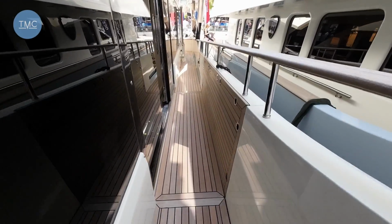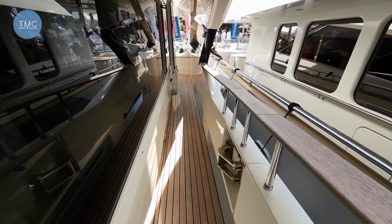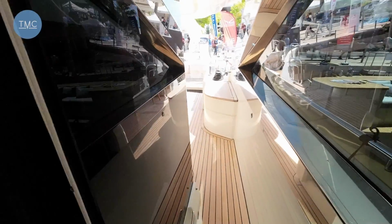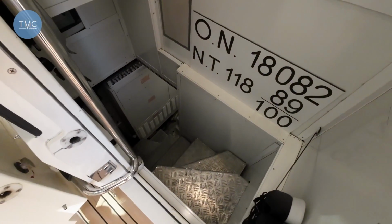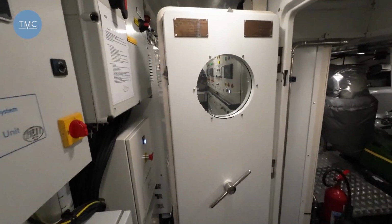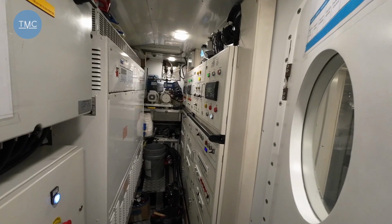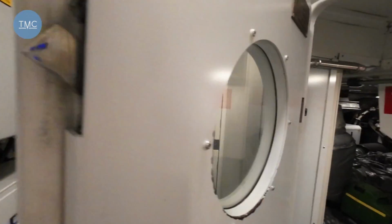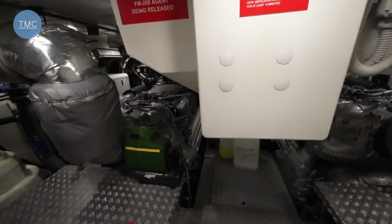Right, let's move all the way back along the side, because this is where we've got access to our engines. So down this staircase, let me tell you about the engines. We've got this kind of almost lobby area where we've got various systems and so forth, all well technical, well above my technical knowledge. And then we swing aft into the engine room,